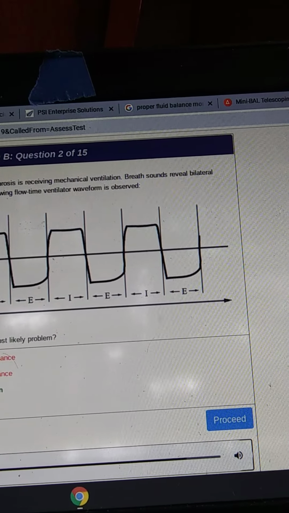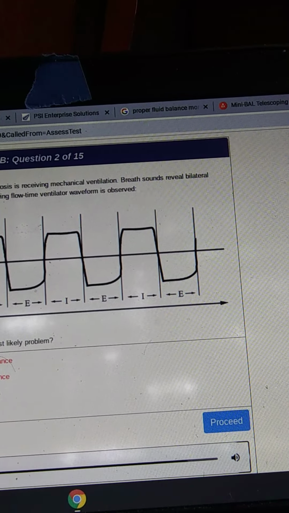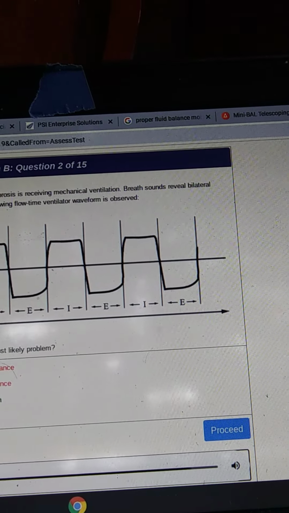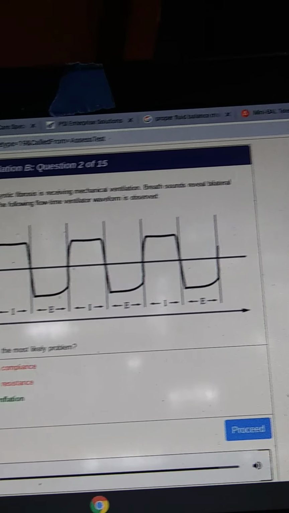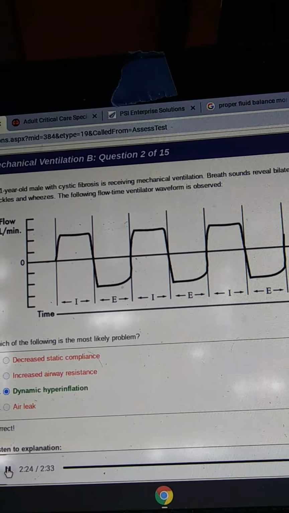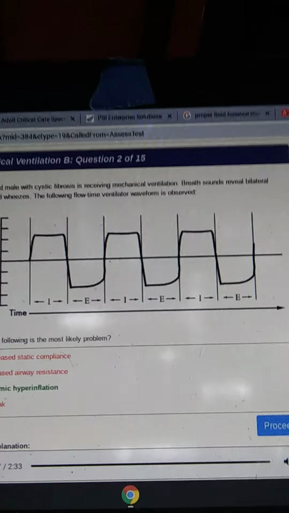It's not doing that, therefore we need more time to exhale. And to get more time for exhale, we need less time for inhale. And to shorten the inspiratory time, we increase the flow. So hopefully that all connects in your brain well. But here, they just want